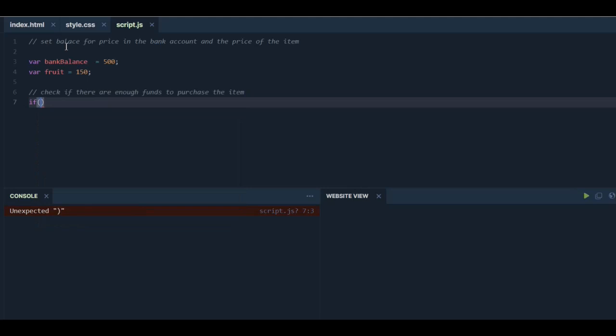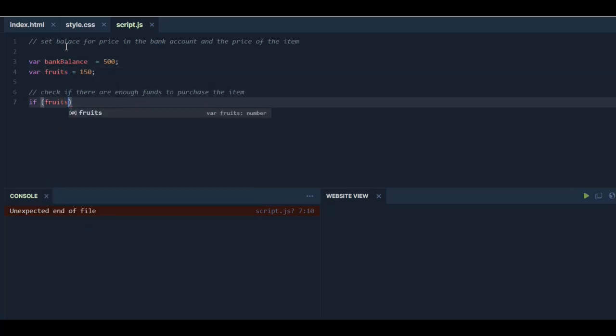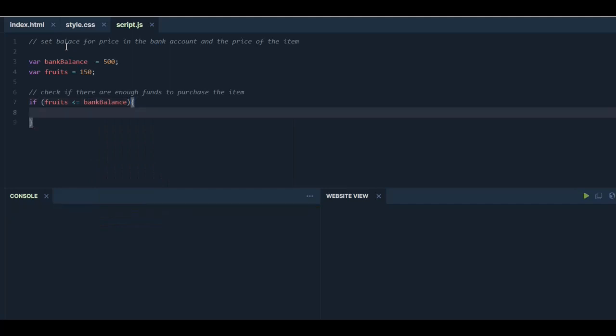Inside the bracket I'm going to have fruits, so fruits less than or equal to bank balance. Now this is the condition which we are putting there, and inside the condition, what we need as output is